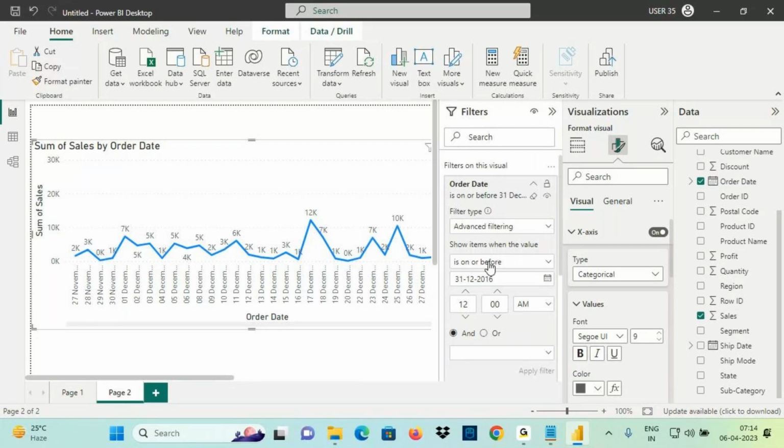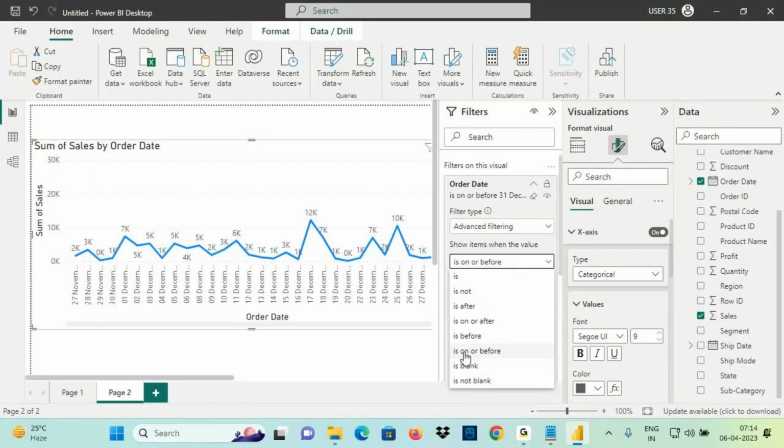Self-explanatory options, guys. So till here we understand. Next one is what? Is blank. Whenever we need to see the blank values,